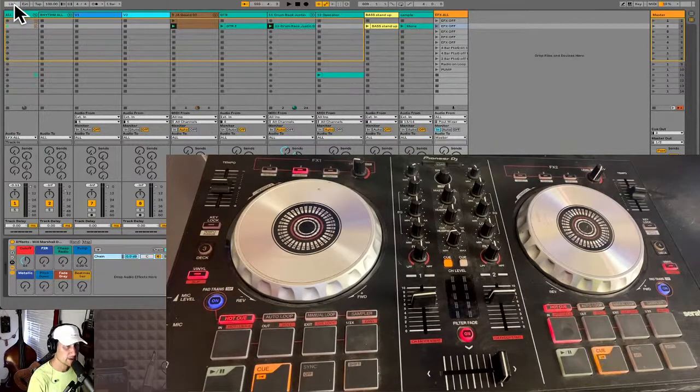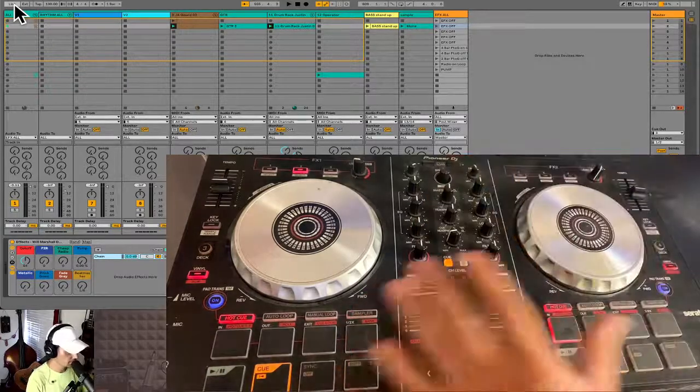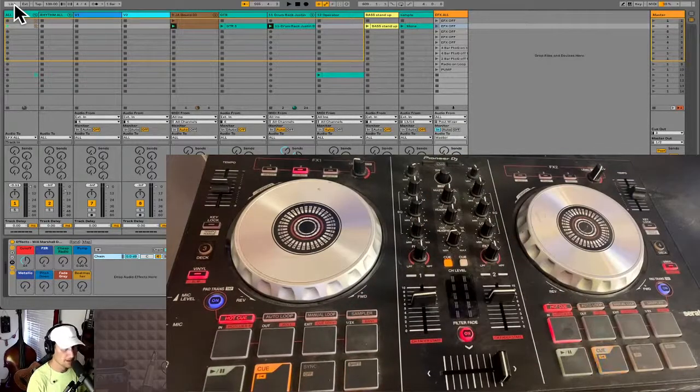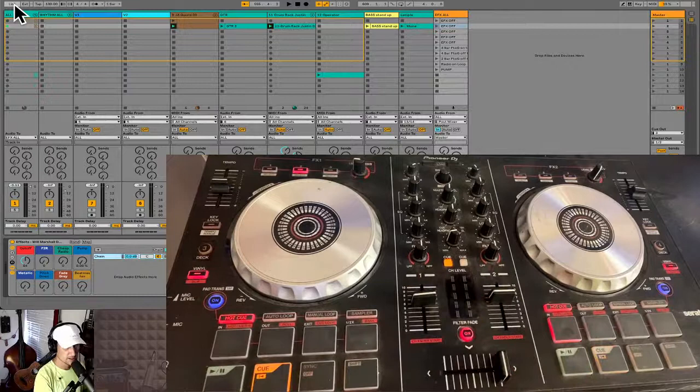Today, we're just going to be doing manual beat matching with Serato DJ Pro and Pioneer DJ. I have a Push 2 to my right and the Pioneer DJ to my left. You guys don't see the Push 2 and my Akai MPK Mini. The Akai I'm using for specific